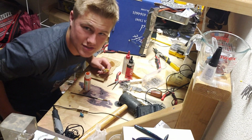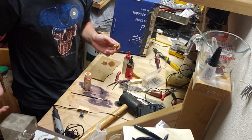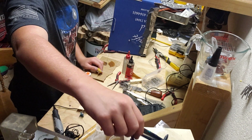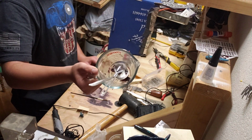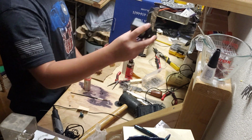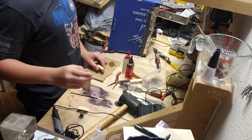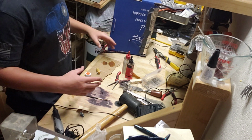You can't see my face because the camera's up there. My work table's always a mess. It's never not a mess. There's just worms everywhere. There's melting cups with crap in it. There's a GoPro that I lost for like 3 weeks. It's been up here this entire time. Yeah, there's all this junk down here. But anyways,